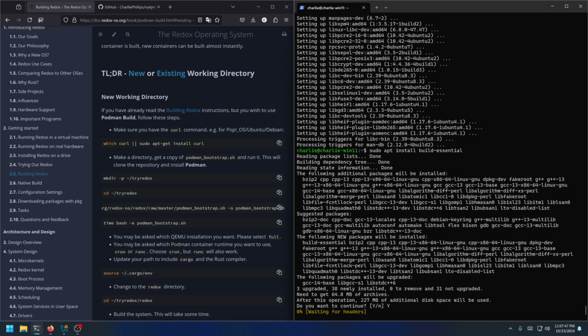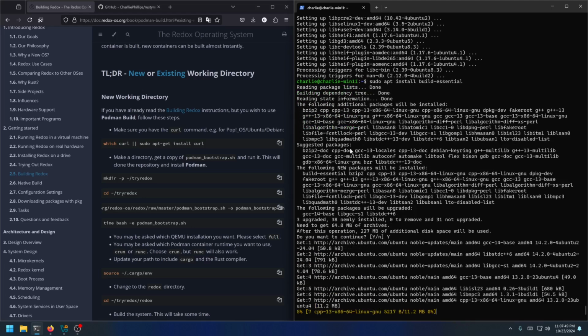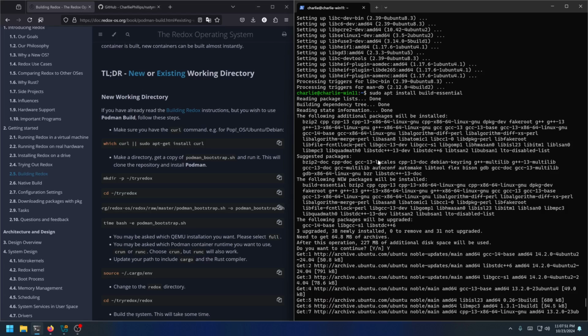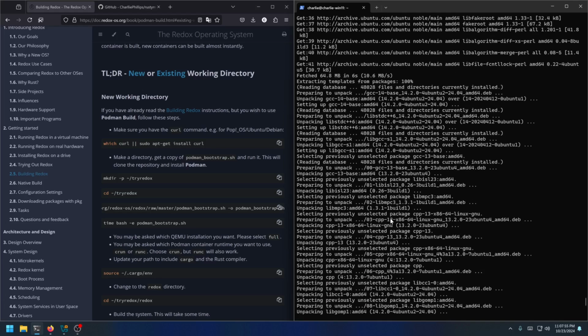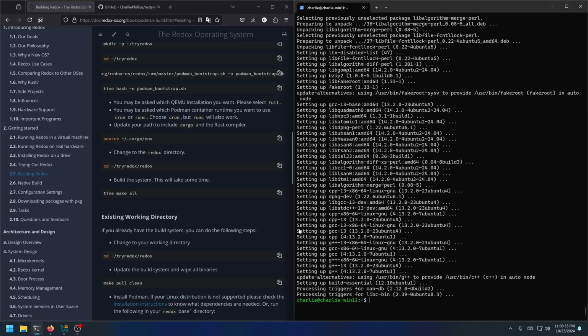And this is just like a C compiler and some other stuff that I'm guessing is for the ported applications and stuff that wasn't written in Rust, like games, non-core. All right, and then once that's done installing, we can source